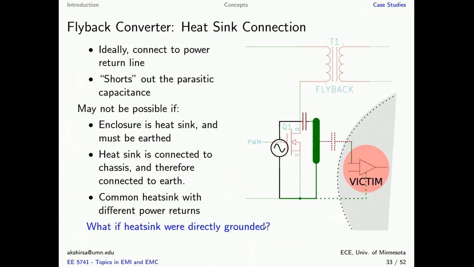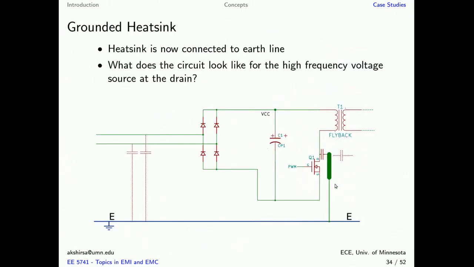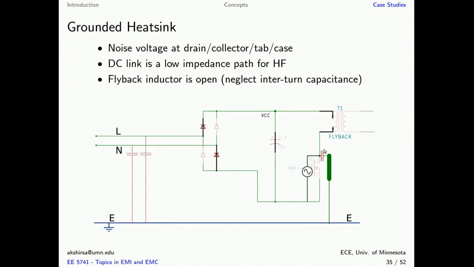What happens if we were to ground this heatsink? Which means we connect this heatsink to the earth of the equipment. Now, what does the circuit look like for the high frequency voltage at this drain? So let's do the modeling, and this is what it looks like. This inductor is basically an open or high impedance for high frequency. This capacitor is effectively a short, and these line and neutral lines are connected to the VCC and ground through